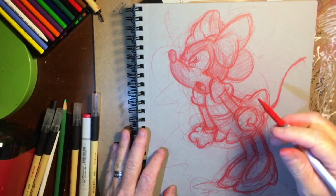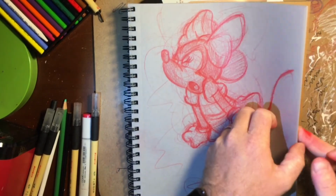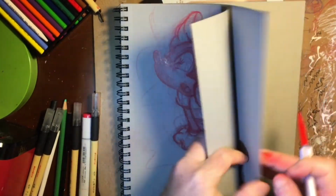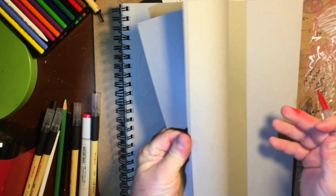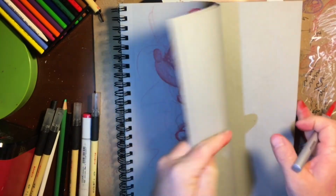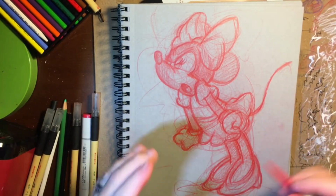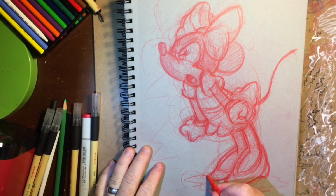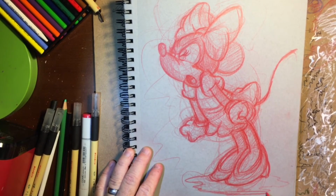And also, utilizing construction method, the head is a measurement for the rest of the body. I showed you guys earlier, and you can look this up online because there are a lot of resources for these characters online, classic model sheets. One of the things I learned, very interestingly, is that whenever animators or character artists are teaching